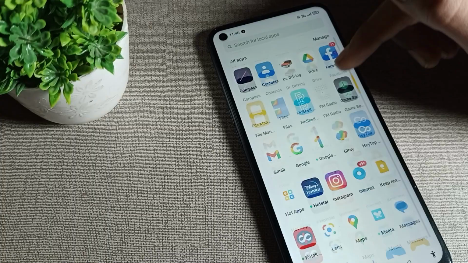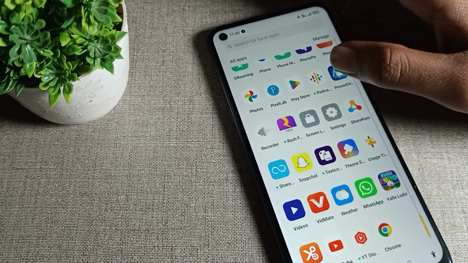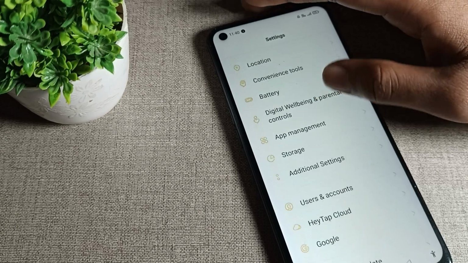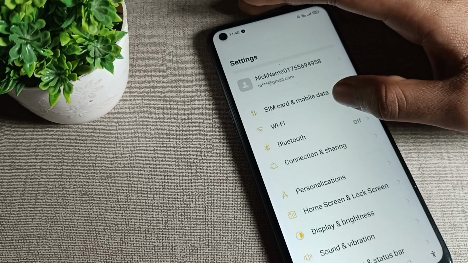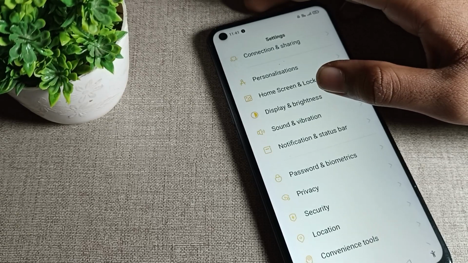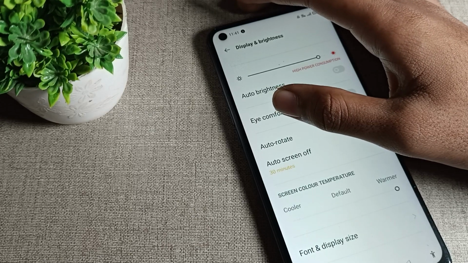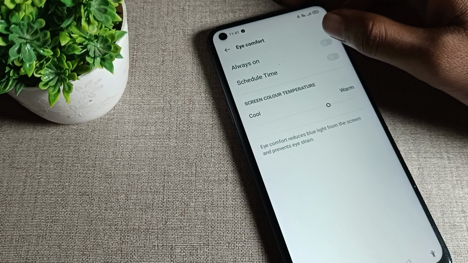Friends, now let's see how we can turn on Oppo phone reading mode and how we can use it. So friends, open your phone settings. After opening phone settings, you can see this Settings tab. So friends, click on your phone's display and brightness setting. Then scroll again. Friends, you can see your phone's eye comfort setting, and you can turn on your reading